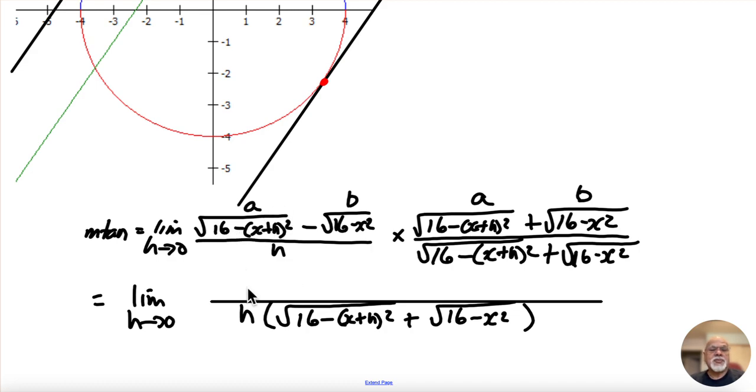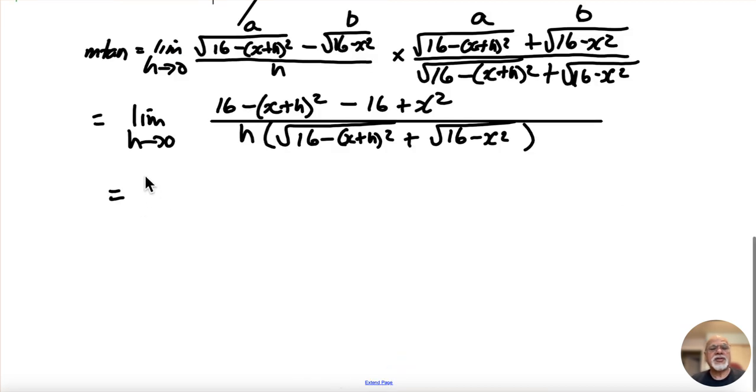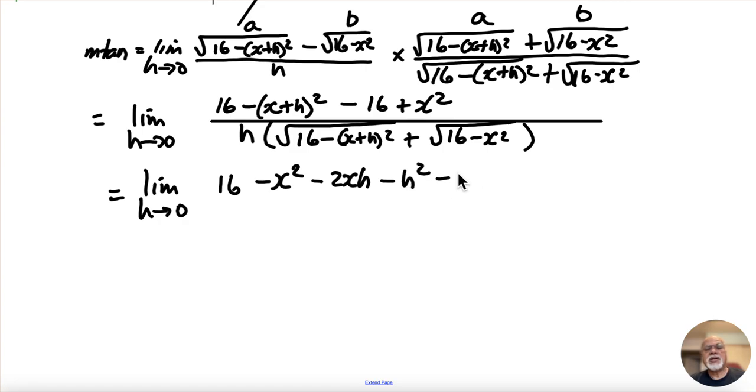And so this first part becomes a squared. If I multiply this times that to get a squared, that just removes that radical sign. So I end up with 16 minus (x plus h) squared, and then minus the b squared, which would remove that radical sign, but it becomes minus 16 plus x squared, when you apply that negative in. All right, let's just tidy this up and see where it heads. So the limit as h goes to 0 of 16, I'm going to square that binomial and apply that negative at the same time. So negative x squared minus 2xh minus h squared minus 16 plus x squared, and that's all over